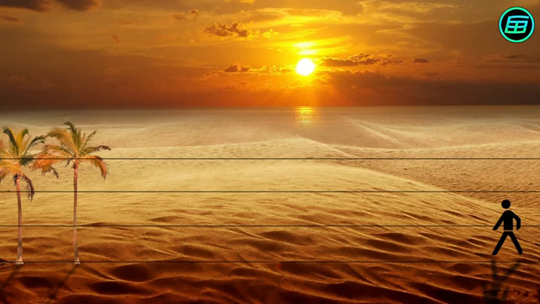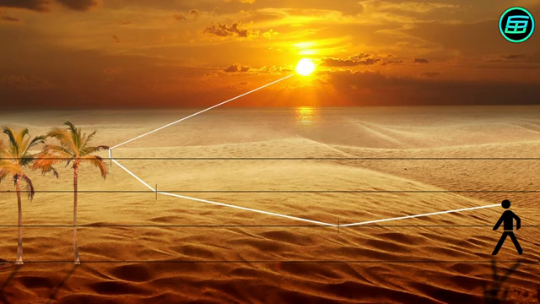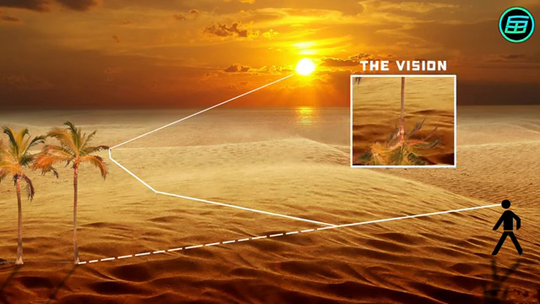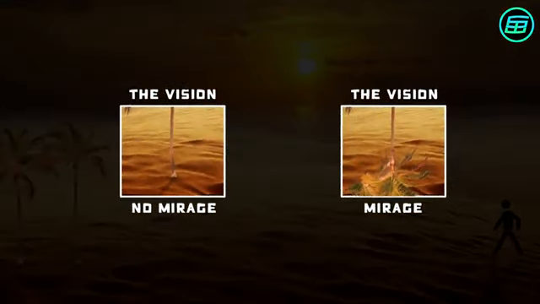Light coming from an object starts to be refracted between the air layers. But if the light's angle is bigger than the critical angle between two layers, then total internal reflection occurs. When this happens, even though there's no actual object in our field of vision, we can still see the object.